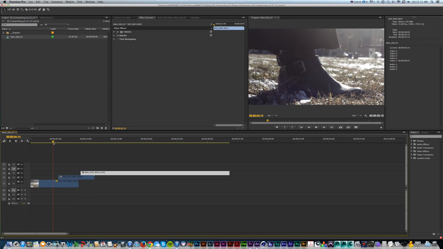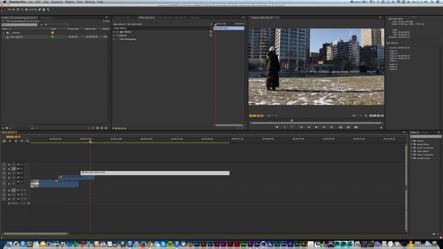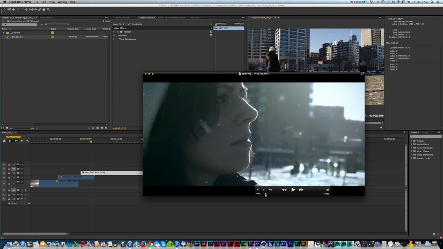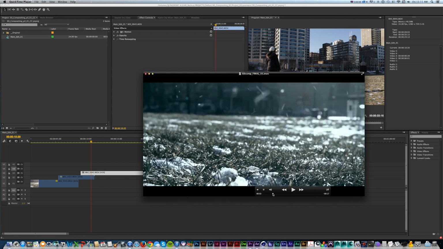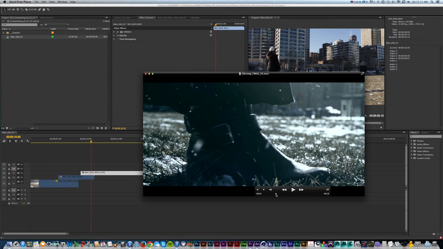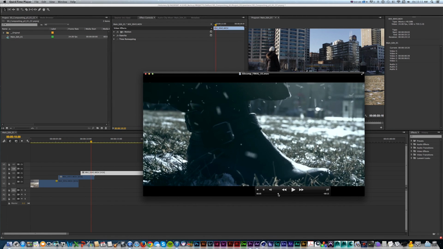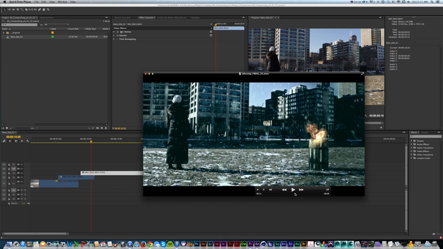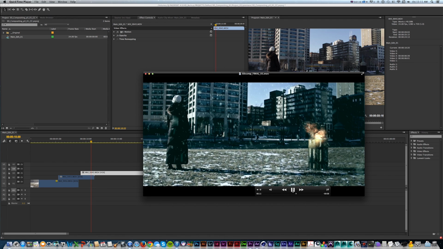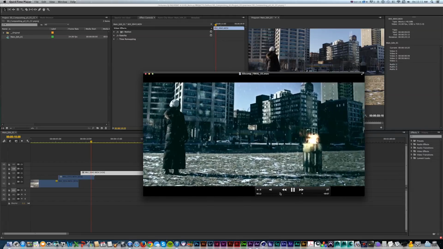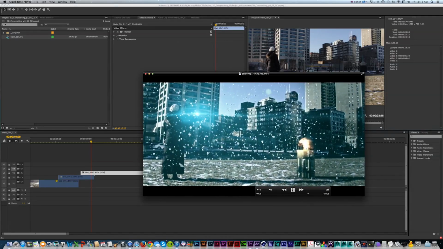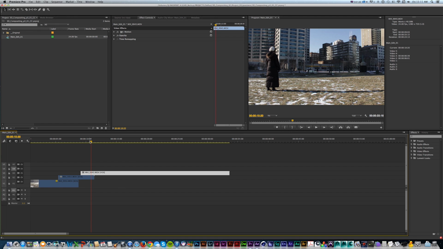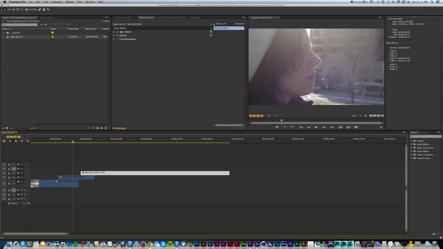I have this short little sequence that I've shot of my wife having superpowers, and if we look at the final piece, we get this where there's three little shots. There's stabilization and time remapping and some particles in the first shot, particles and stabilization in the second one, and then this third shot has stabilization, time remapping, 2D tracking, 3D tracking, smoke effects, particles, and a lot of stuff going on. So I'll use this as an example of how to get this footage into After Effects,